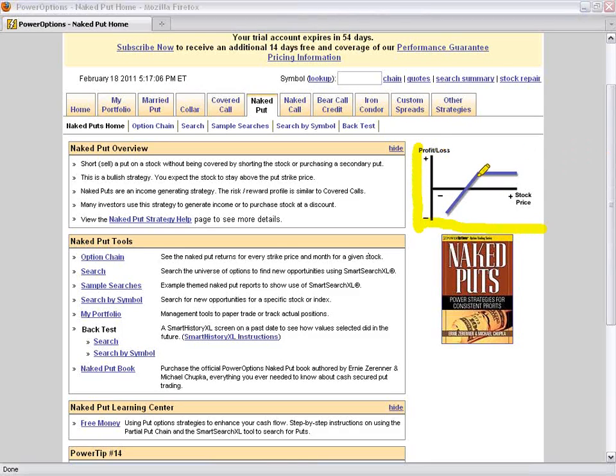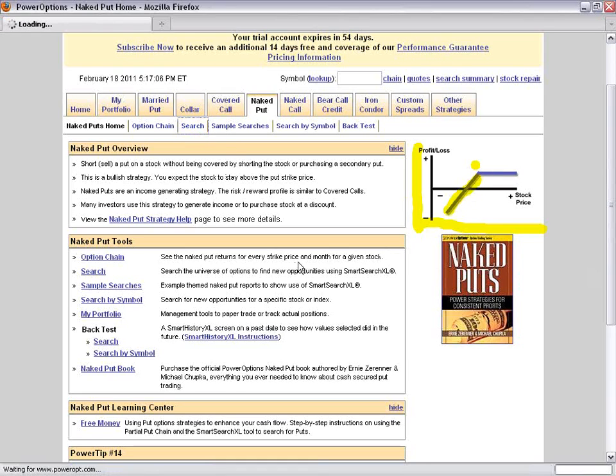My maximum risk is, of course, on the downside. I can't let the stock decline deeply on me, and then I'll be forced to buy shares of stock at the higher strike price. That's what the naked put obligates me to do. And so I might have a very large unrealized risk if I let the stock go 20, 30, or 40% against me. In reality, over my 8 years' experience, there are only two reliable ways to protect against that decline in a naked put.